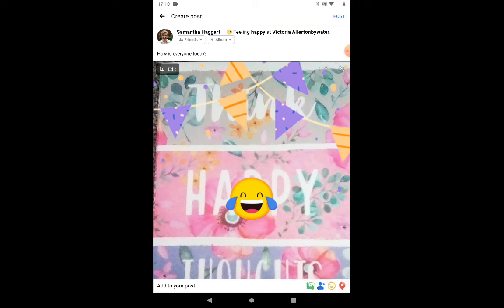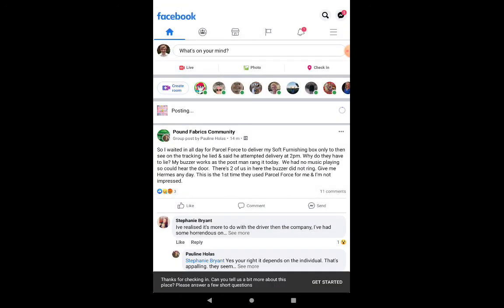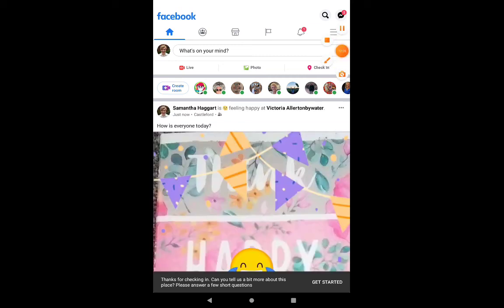The last thing that I'll show you is if I do click on post, what happens, because that's the final bit that I need to show you, because I'm going to show you how to delete a post as well. You can see what's happening now. It's telling me there's a little circle on the right hand side that is posting, and it's coming to my news feed now.